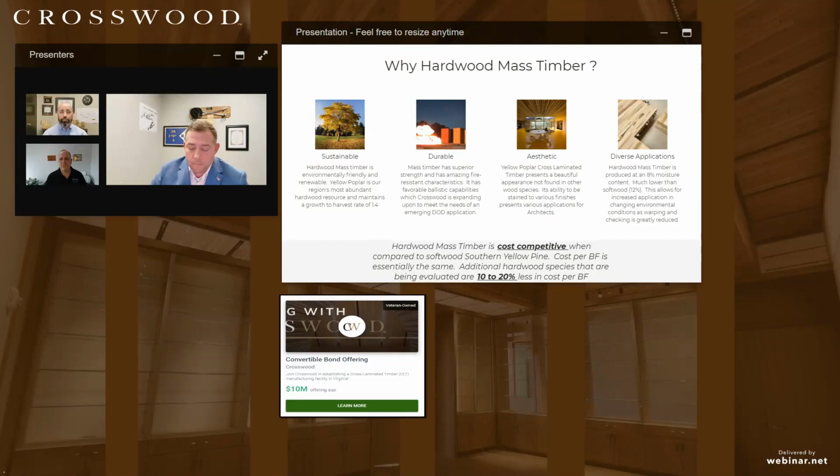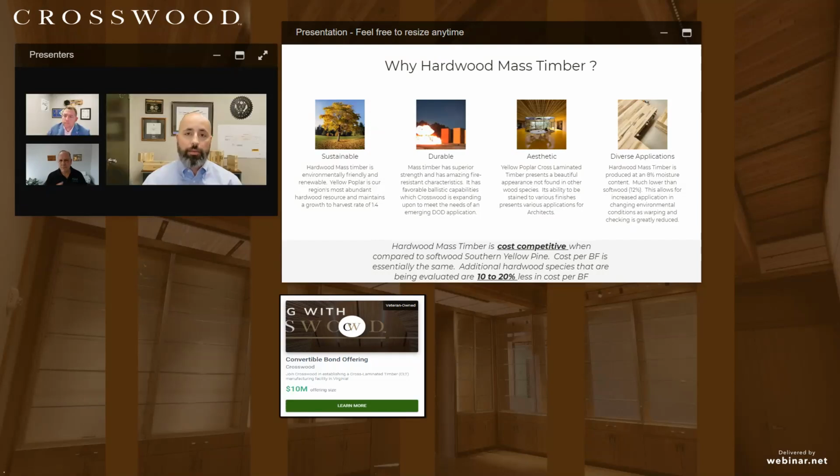Those folks that have been in the industry for a while hear about terms like biophilia and just simply how special it is to live and or work in a mass timber building. And we can know that yellow poplar will be right in line with all the others in North America because they're gorgeous, the ones that have been built in Europe with American yellow poplar.